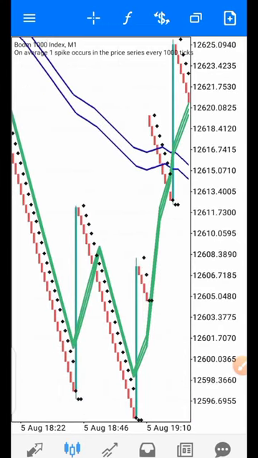Like I always said, if you're a beginner, if you don't know anything about price movement, please stay away from the 300 markets. Just leave them aside and focus on